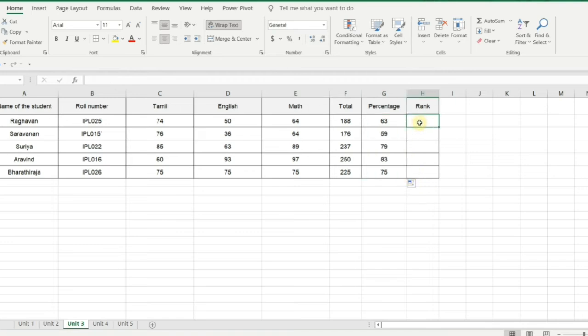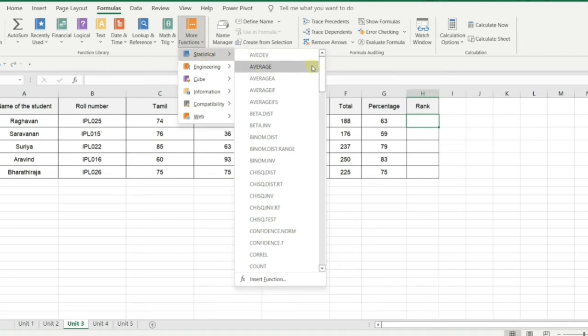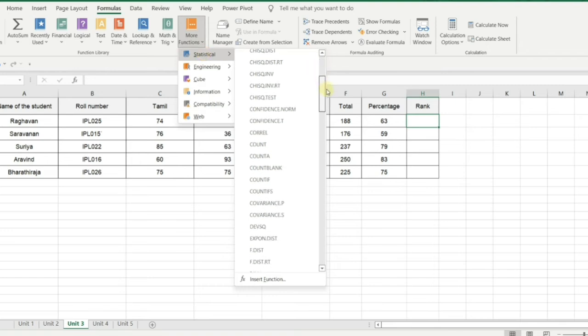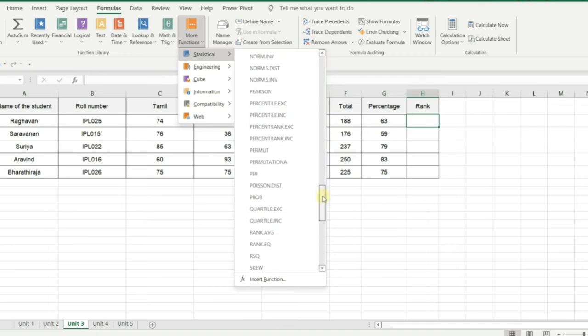Now have a close look at it because it is very important: ranking. We are going to see how it is going to work. I'm going to click the formula. Now go for more functions, statistics, and here we have to search for rank. Where is it?